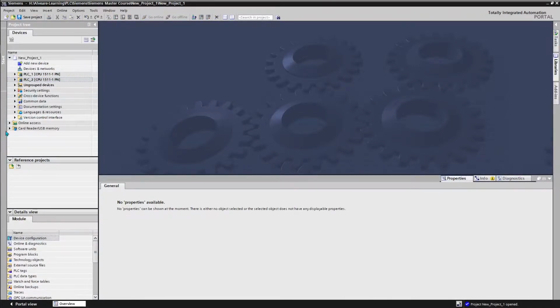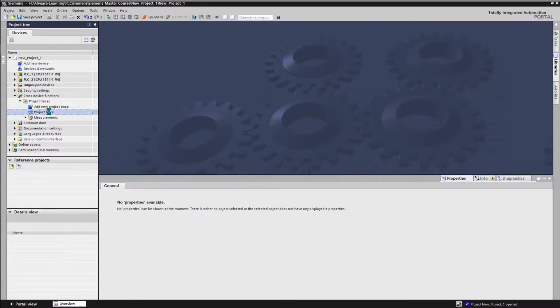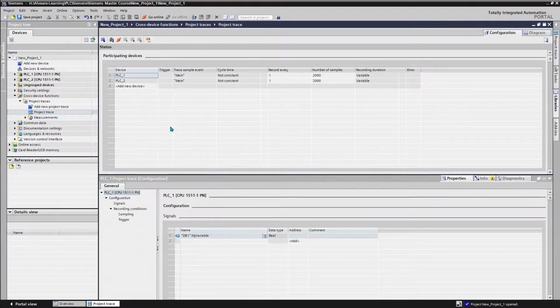So once you have two bits of hardware or PLCs or wherever you're going to be looking at, if you open cross-device functions, you get one item in here, which is project traces. Now, I've gone ahead and created the project trace. So if we double-click that and open it up, you'll find in here your participating devices, where I've added PLC1